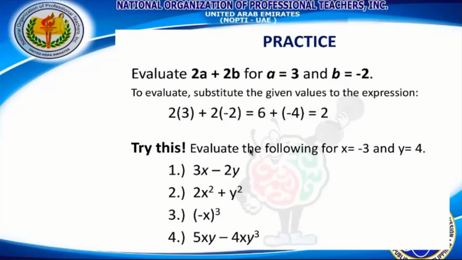Evaluate the following if x is equal to negative 3 and y equals 4. What is 3x minus 2y? Si x daw, ang value niya ay negative 3. Ang y, ang value niya is 4. Paano kung 3x minus 2y? So, ibig sabihin niya, nagdikit, multiply. Multiply. Okay? So, the answer is